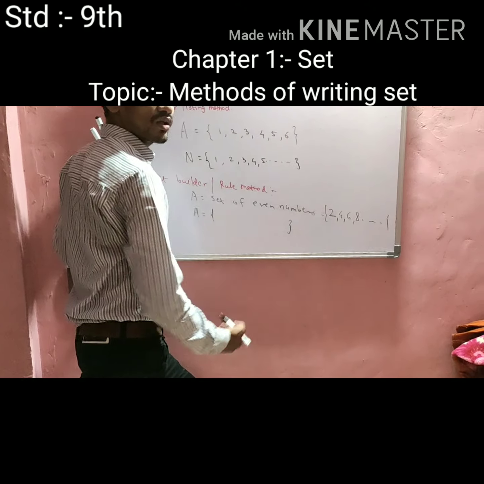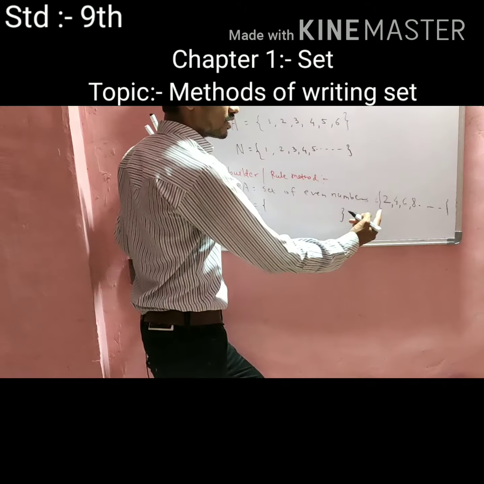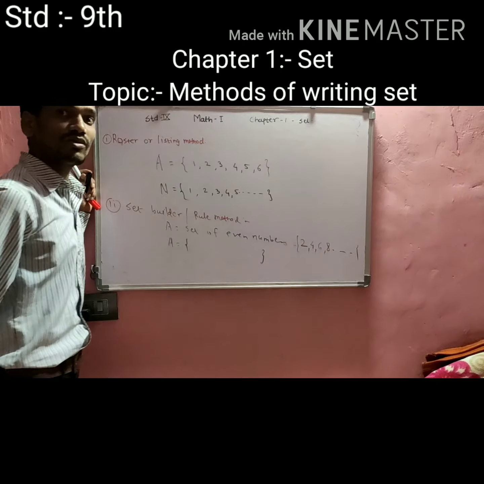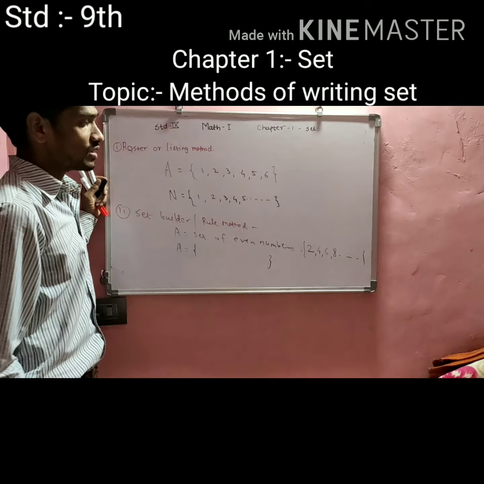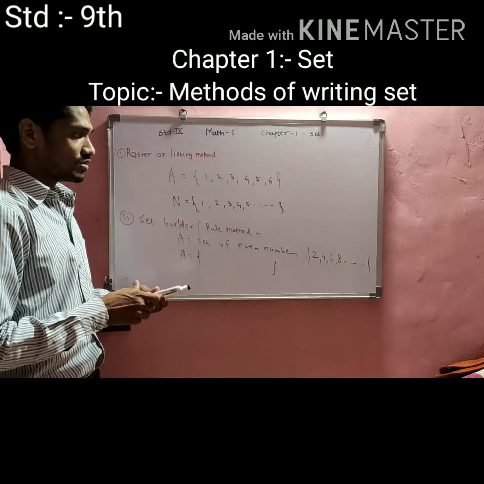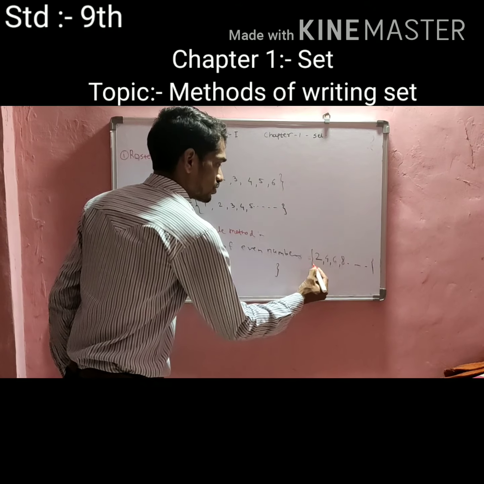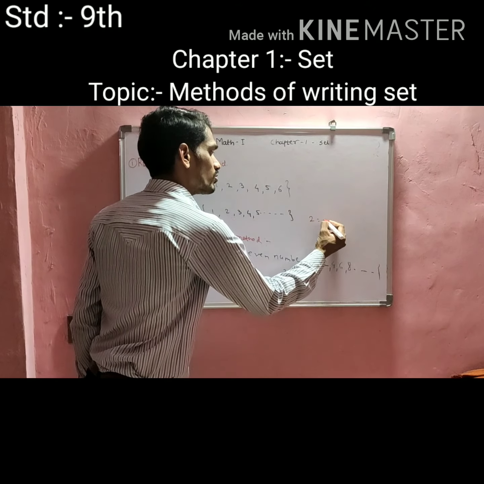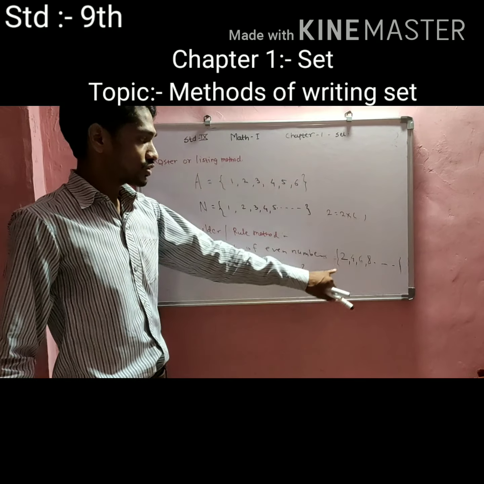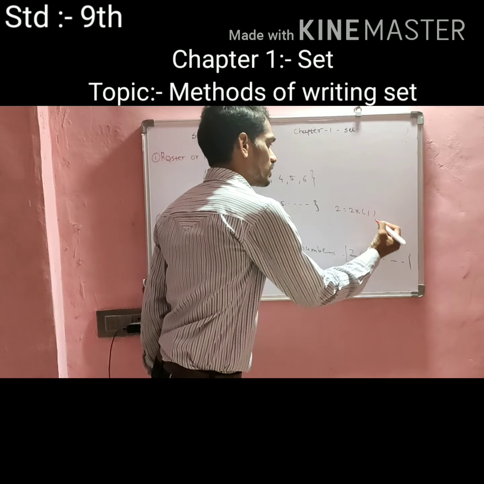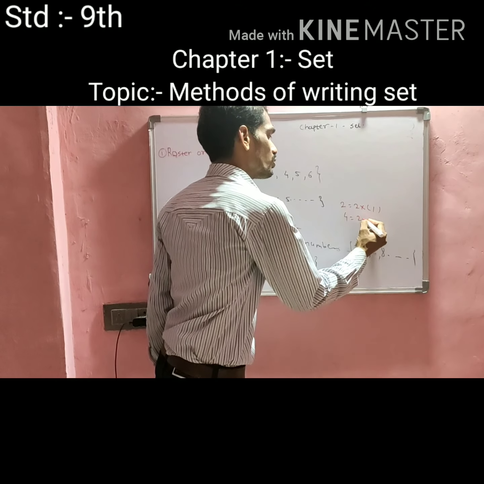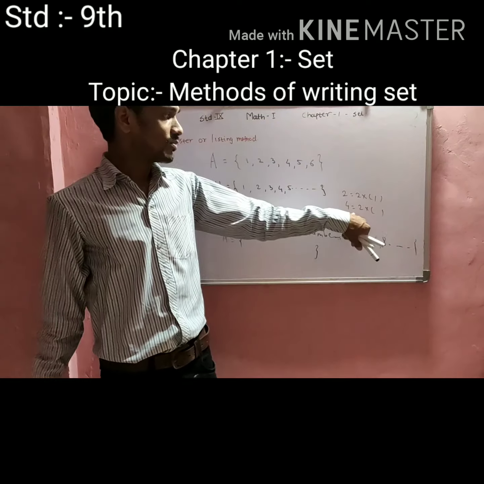Set of even numbers. Students, give the answer in the comment box. 2, 4, 6, 8. Is it a multiple of 2? So the answer is yes. It is a multiple of 2. If you want the first number, 2, what should I do? 2 is nothing but 2 times something. What should I write here? 2 ones are 2. How do we get the next number, 4? 2 times what should I multiply?